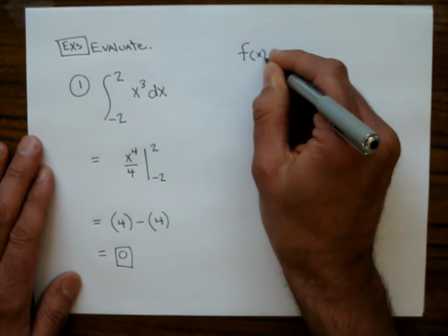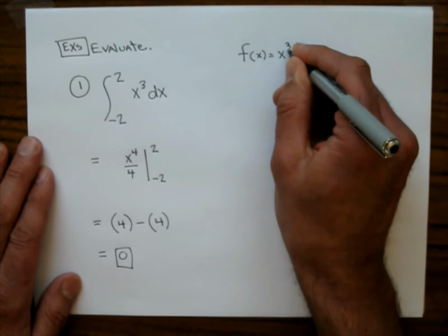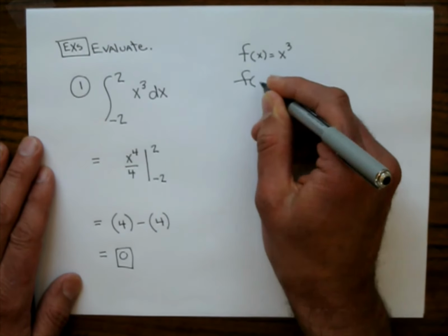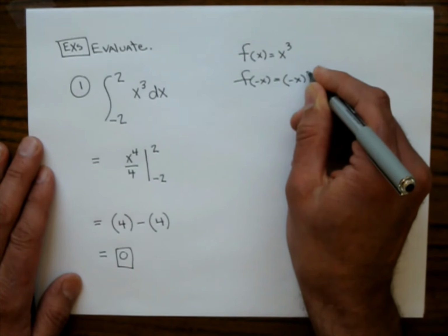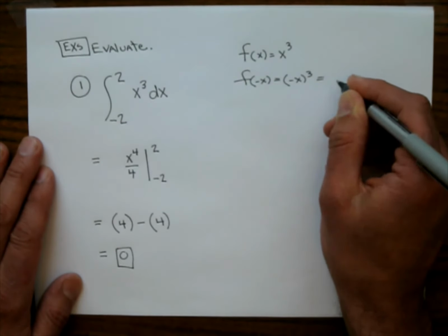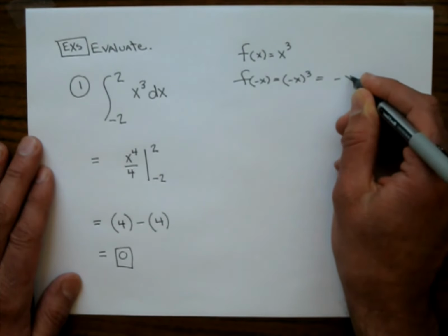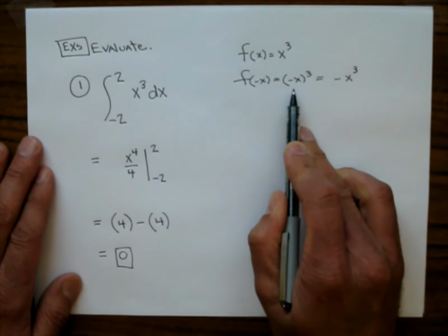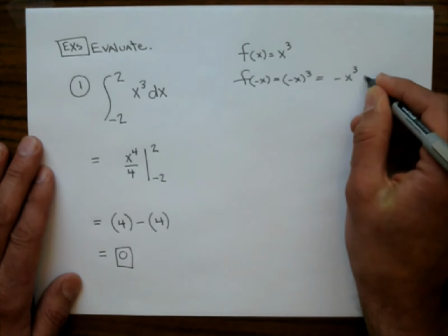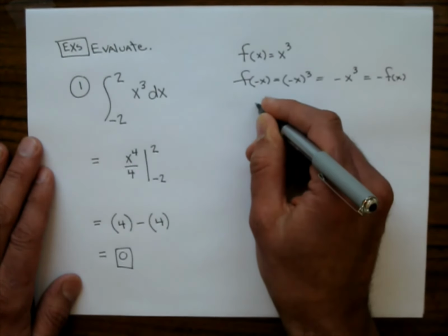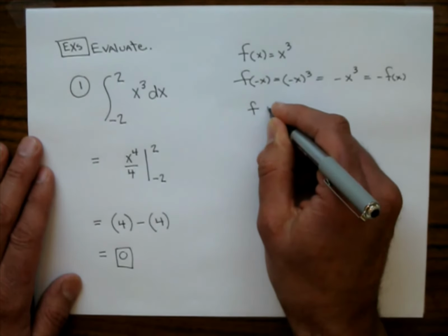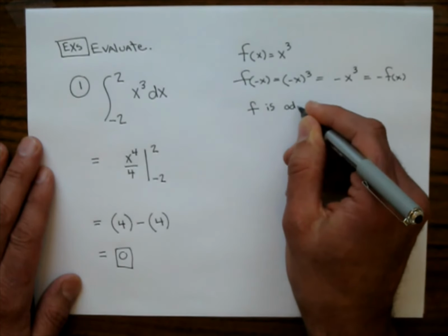If f of x equals x cubed, then you put negative x in, you end up getting negative x cubed when it's all done being multiplied, which actually equals your negative function, which tells you that f is odd,